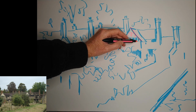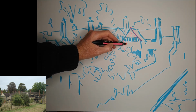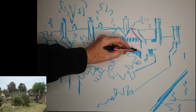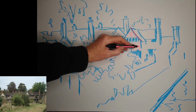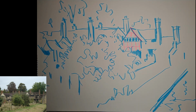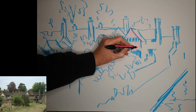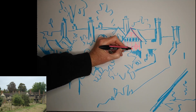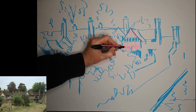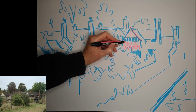So the main face of the building that's visible, the bit I'm working on now, there's quite a lot of elaborate patterning on the face of that building. So I'm just beginning to piece that together in a fairly simplified way. So if you're faced with an intricate pattern on an architectural structure, generally speaking, there will be some regularity to it. So the way I tend to break it down is, let's say you've got a load of